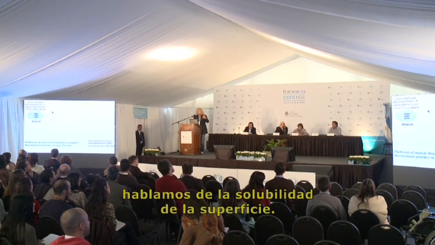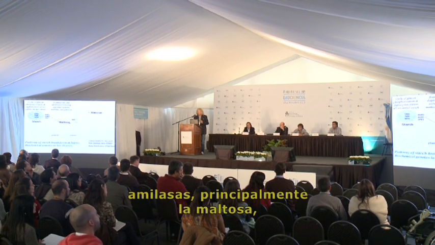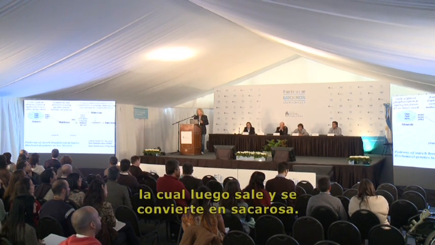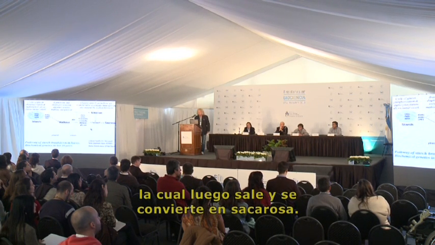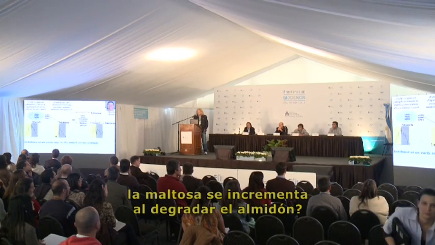So now I want to turn to starch degradation. And what is the clock doing? And I won't give you a final answer. So starch is broken down in a very complex way. First, it's a granule, it's crystalline. And first, the surface is modified by phosphorylating and dephosphorylating to solubilize the surface. It's then degraded by a series of amylases, which release mainly maltose, which then goes out into the cytosol and is turned to sucrose. So maltose is important, it goes up when starch is being degraded. What happens when we suddenly